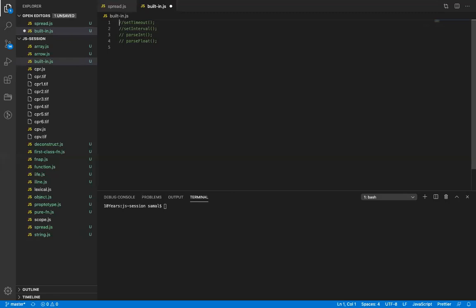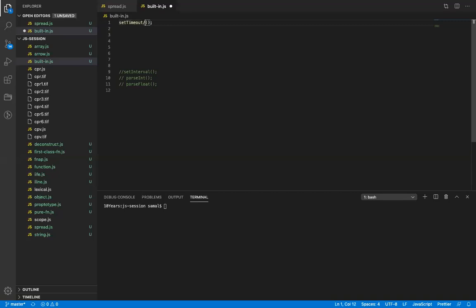So the first function is setTimeout. setTimeout is one of the built-in functions which uses a web API, a timer API in JavaScript. This timer implementation helps us create a kind of delay in the code for a specific period of time. setTimeout is a function which takes a function as a parameter, and what timeout do I want to give it.